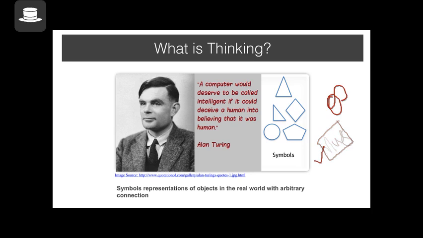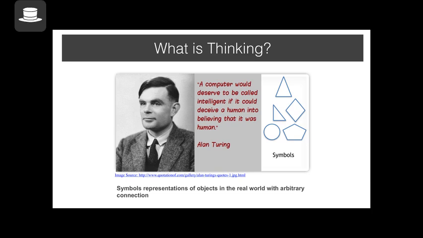Now, the important thing that makes a symbol is the connection between the actual object in the real world and the symbol that we use to represent it, which is completely arbitrary. In other words, the world will not change if we start calling a coffee mug a chalk and a chalk a coffee mug. Well, I hope you're having a nice coffee in that chalk. Well, it sounds odd, but it does not change the world. You can still continue to communicate.